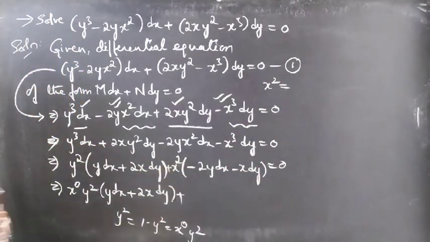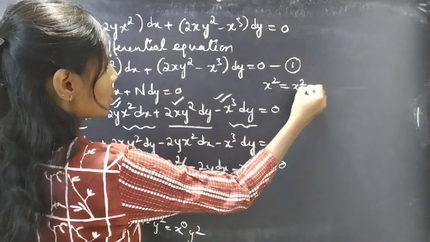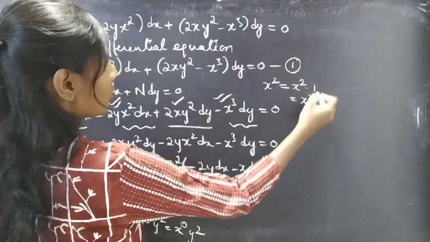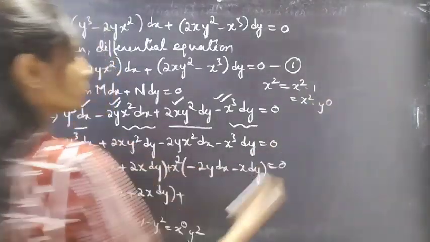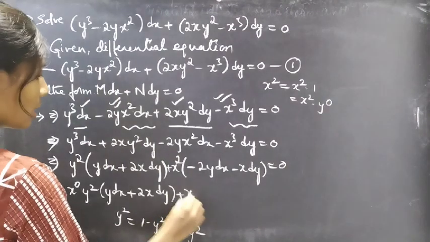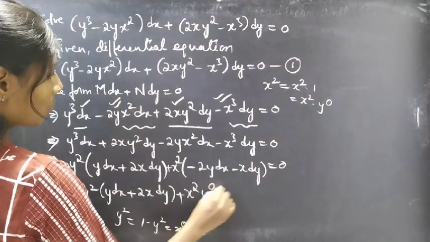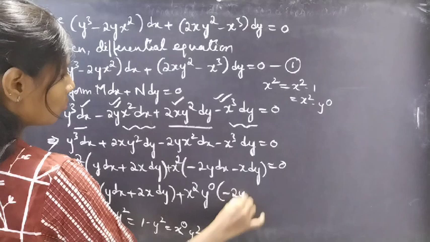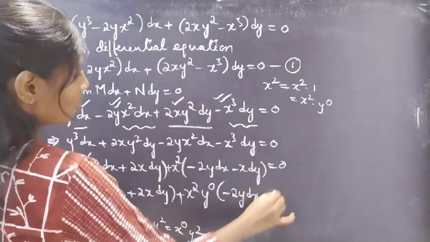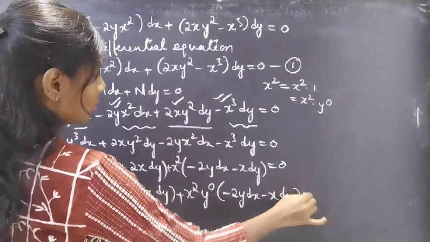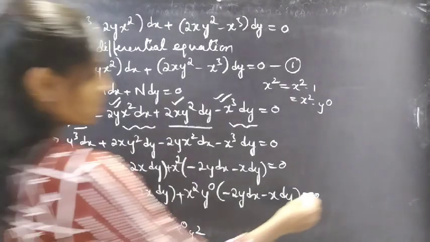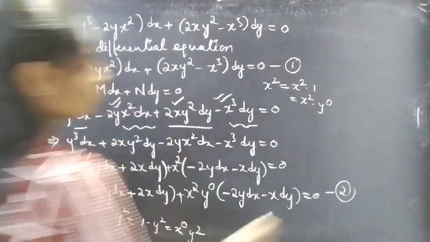And you don't have any y terms, so you can write x square as x square into 1 and replace this 1 by y power 0. You'll get x square y power 0 into (minus 2y dx minus x dy) equal to 0. Consider as equation number 2,